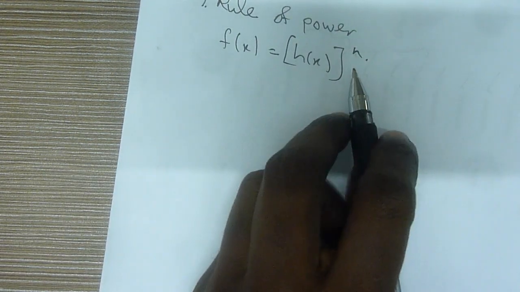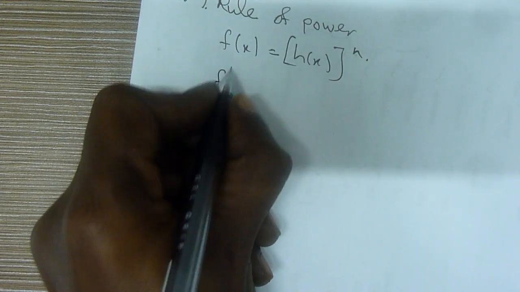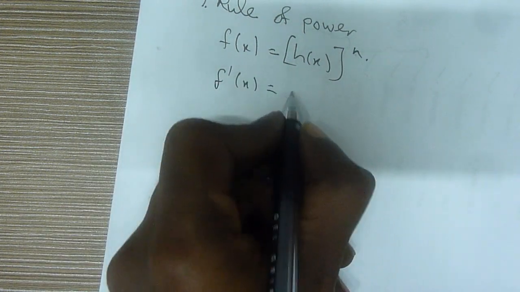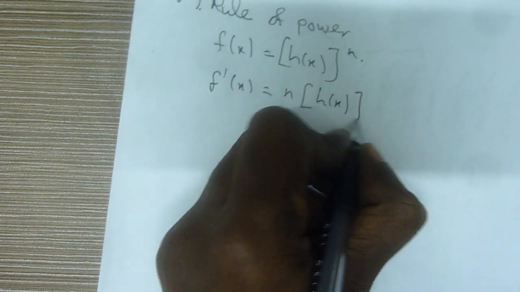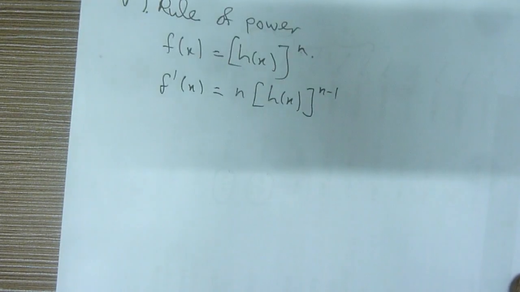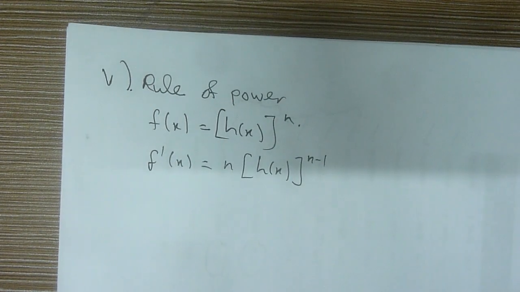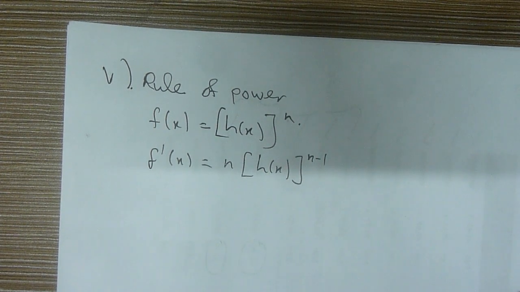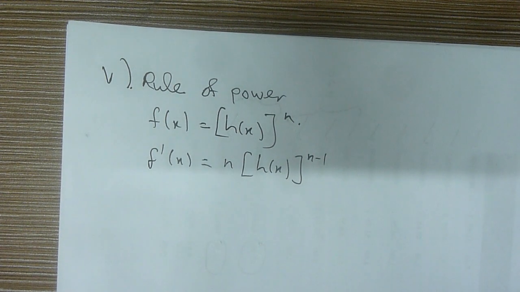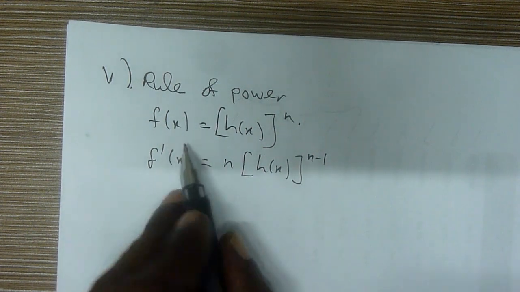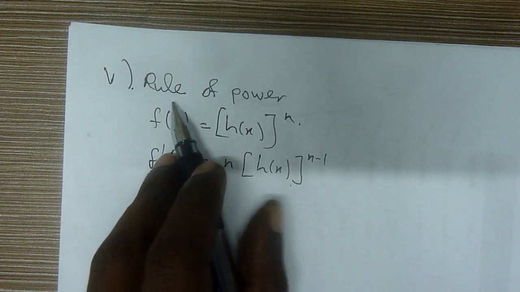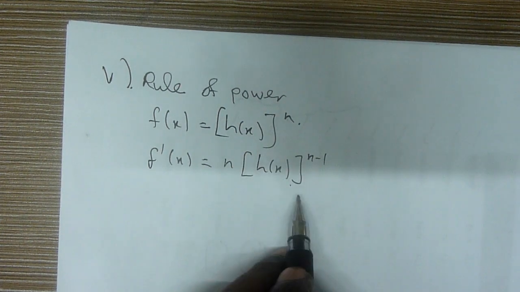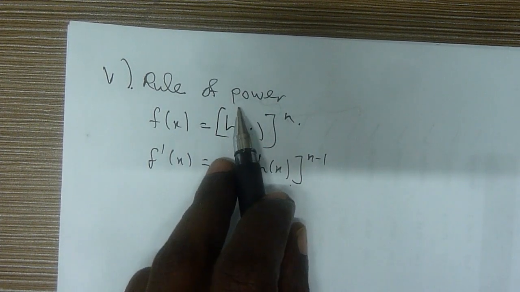In any function, if you differentiate that, you will get n h(x)^(n-1). Can you see that? This is f(x), h(x)^n, and n minus 1, and we call this the rule of power. And the combination of the rule of power and rule